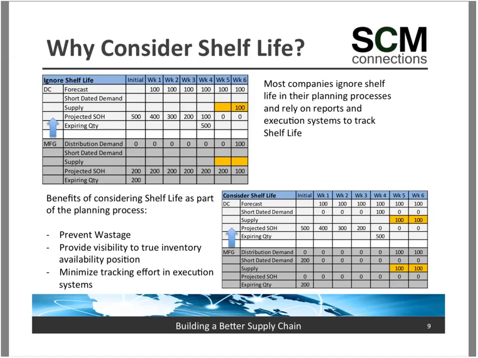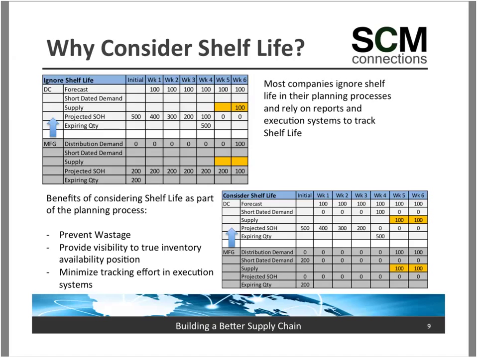So in that sense, what we're doing is we're taking inventory that exists and seeing it as available, and then in turn not generating the additional supply that's needed. So now when you come down over here, and we say that, well, we do want to consider shelf life as a part of our planning process, then because of this expiring quantity, one of the ways that you can do this, and I'll talk through this a little more as we look at some of the standard S&P key figures,